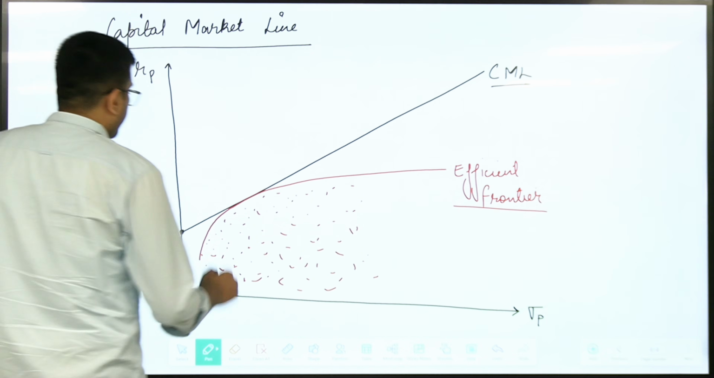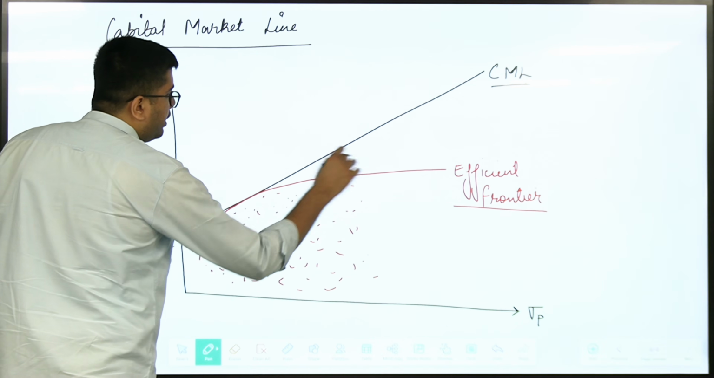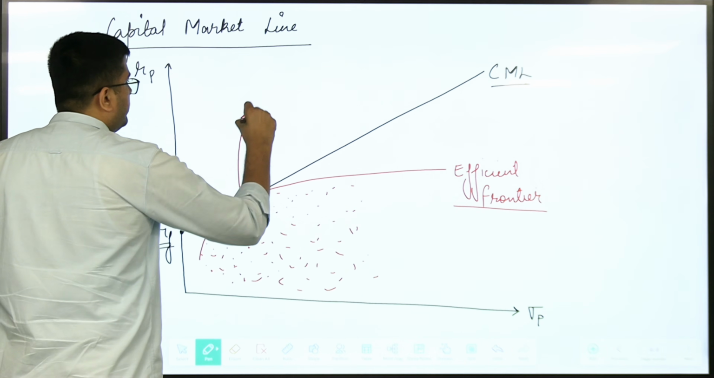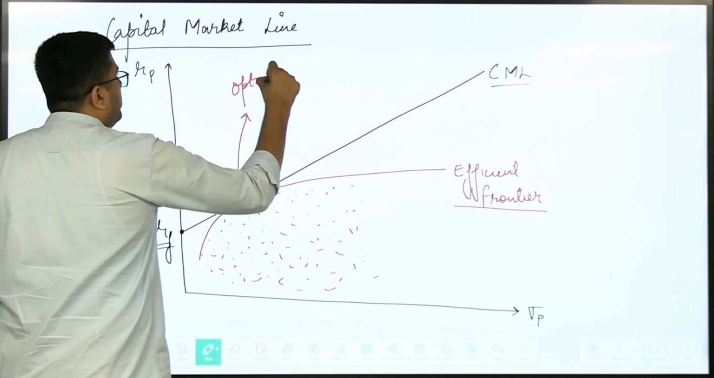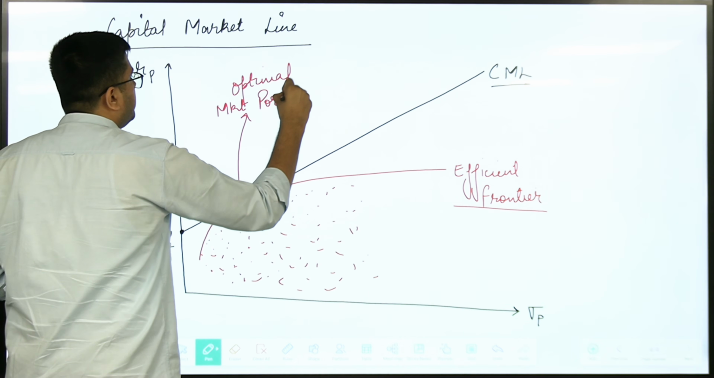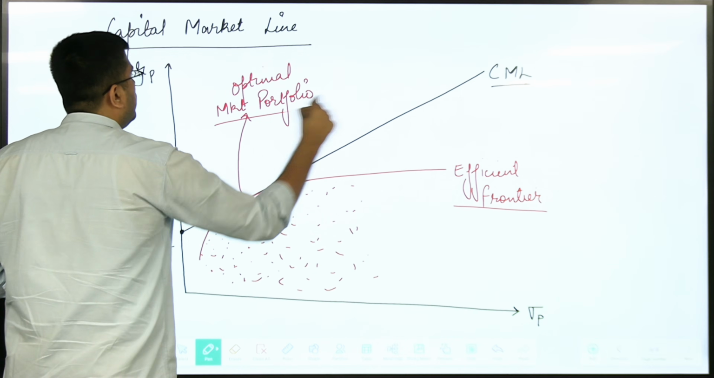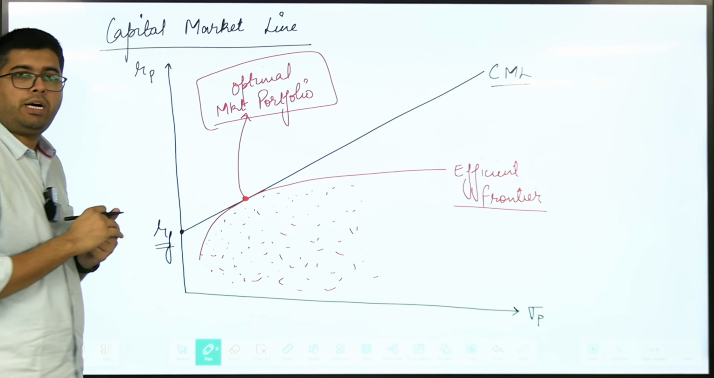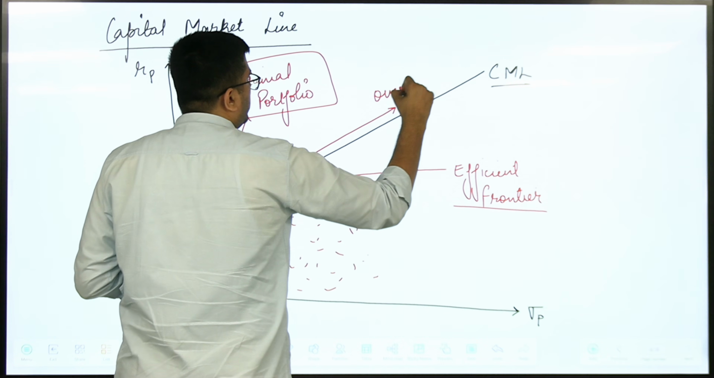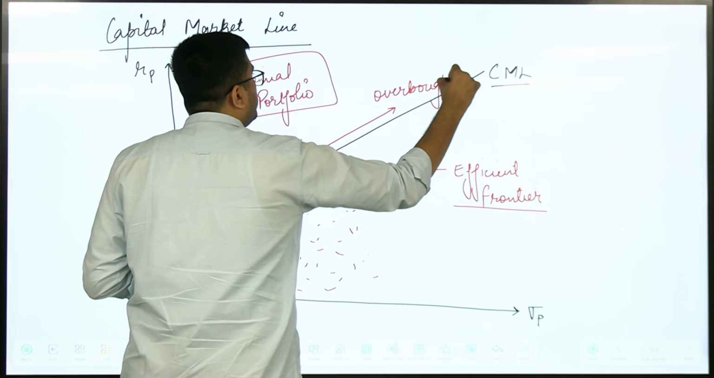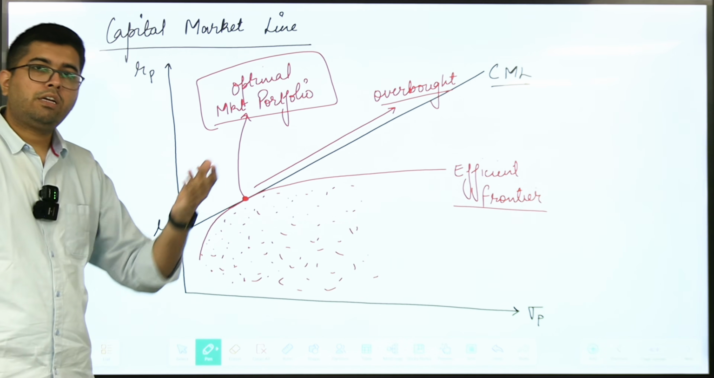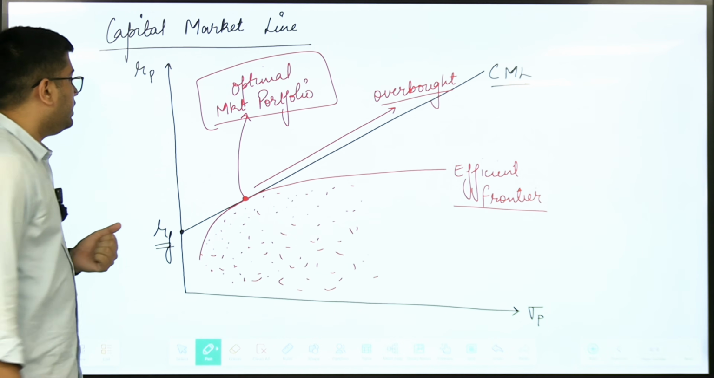So logic is that if all informed investors are operating at this efficient frontier, wherever this intersects with the market, this represents optimal market portfolio. This is the ideal level of risk that should exist in the market. Sometimes the risk may be too high. This is an overbought market where people are very optimistic. And as a result, we are operating in a market where the risk is very high compared to what it should be. And on the other hand, we have